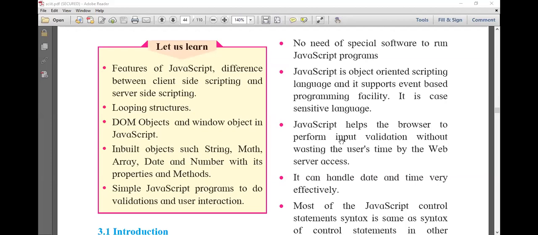I will explain the looping structure. Looping means to write instructions and repeat those instructions again and again till one condition gets satisfied. This is the purpose or use of looping. We also use one element in JavaScript that we have already studied, which is used to do a specific task again and again. Okay, what is that element?